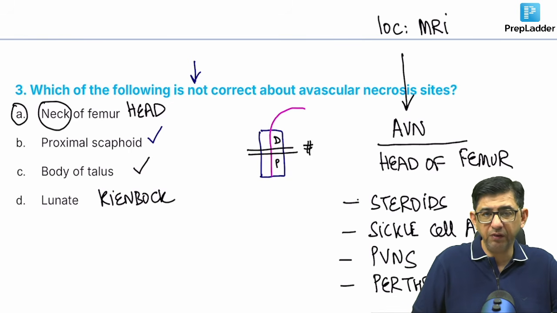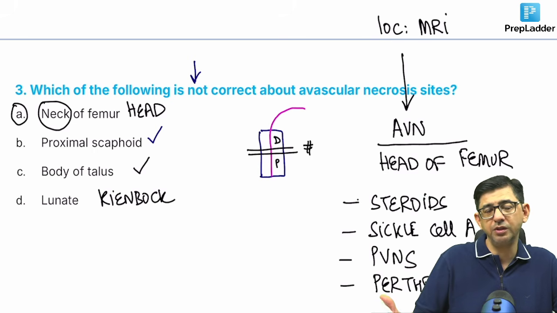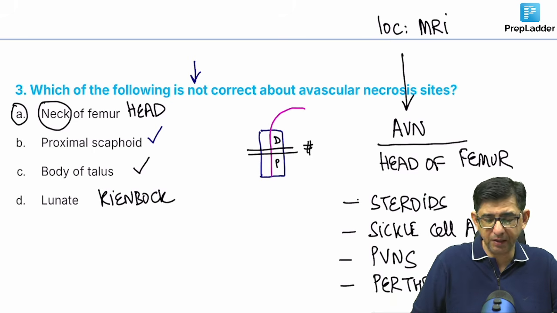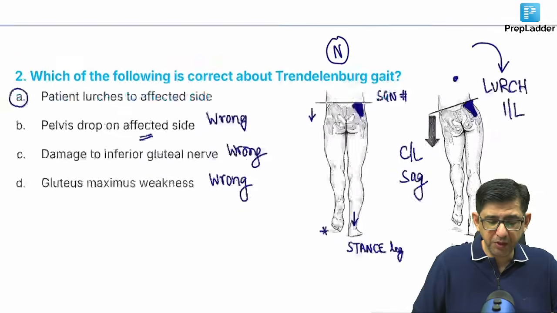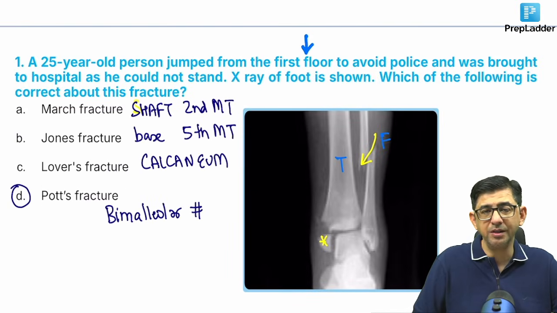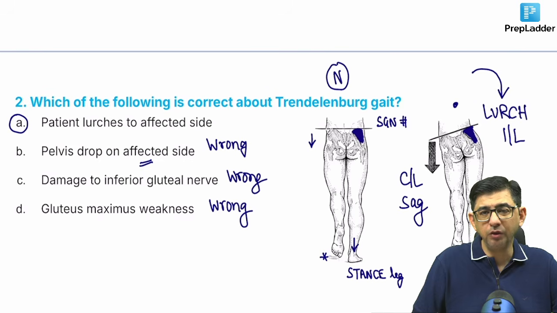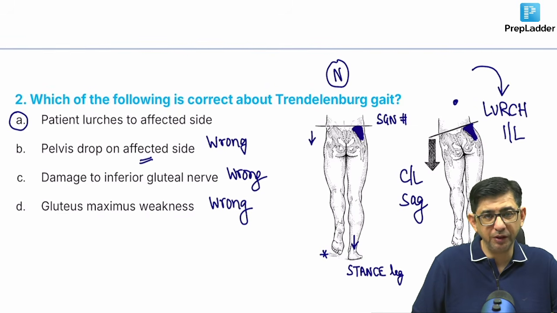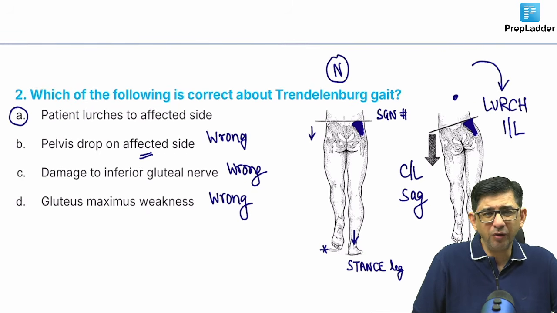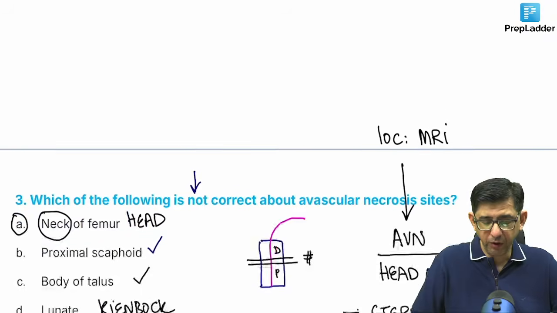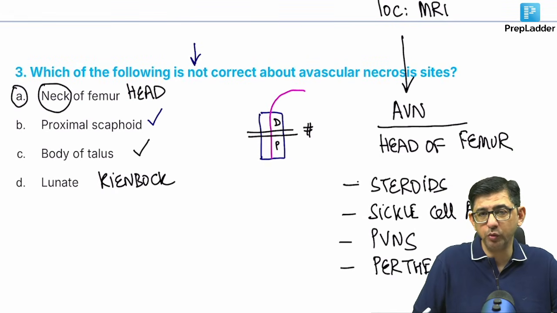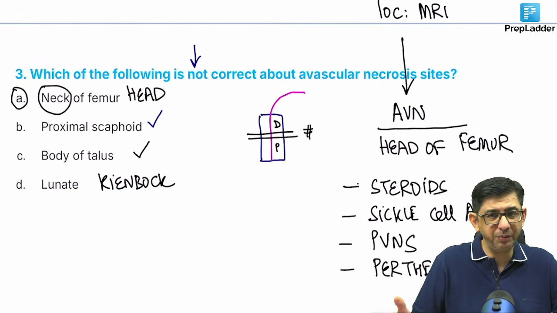What you need to be very, very careful about is the wording of the questions. So here I will call 3 a silly mistake. You see, if you made a mistake in question number 1, then I'll say it is careless reading. And for 2, it's analytical. So this may go wrong or not, it is a matter of chance. So for 2, if you got it wrong, it's okay. But for 1 and 3, you are not supposed to make mistakes, because that would be called silly mistakes. They pull down the score. So I hope with the inputs that I'm providing, you will be able to minimize your mistakes in future.